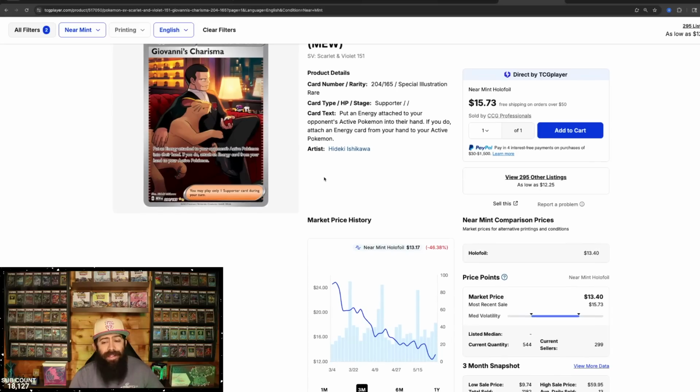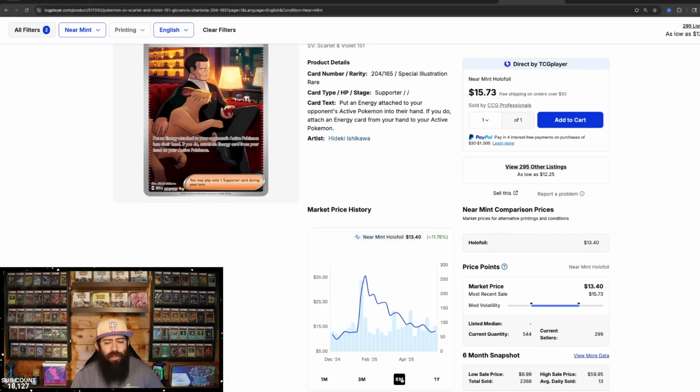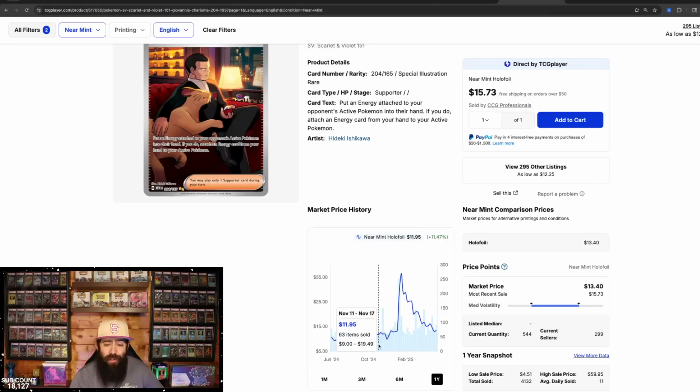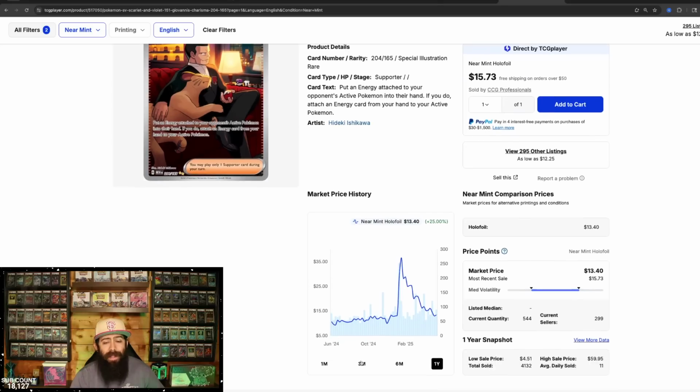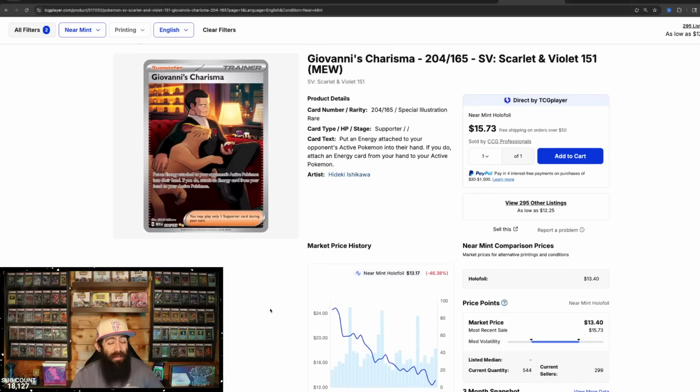So this is a similar situation where there are tons of copies available, right? 544. But we're just going to keep monitoring this one as it drops. It has been recently as high as $36. And you can see on the 1 year, it's nearing its 1 year low-ish, right? It was a little bit under $10. So it's not really too far above its 1 year low. So, just something that's also off the back of Destined Rivals, but that drop of nearly 50% over the